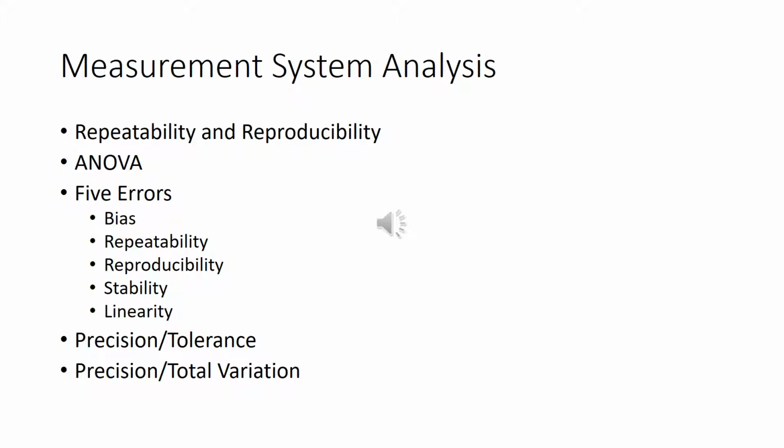We're going to use the analysis of variance method. Where's this coming from? Is it from operator to operator? Is it measurement to measurement? Or is it part to part like we hope it is? The old way was all done with control charts and ranges, but we're going to use ANOVA in this class. 5 types of errors. Bias, how much does the gauge vary from the true value?